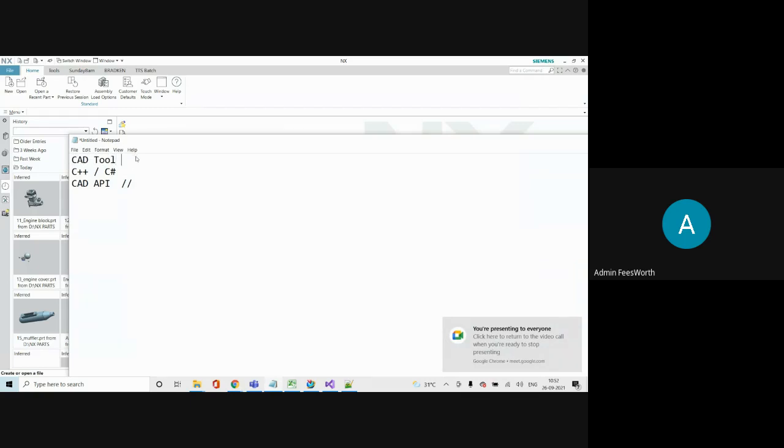So, coming to the point, a very important point is the CAD tool. I can find so many people already; all mechanical engineers are doing this. Computer science guys know only the programming language. They don't know the CAD tool, and mechanical guys know only the CAD tool. They don't know these two. But the ones who know all three are not there in the market. Only a few people, and I'm sure most of them are my students.